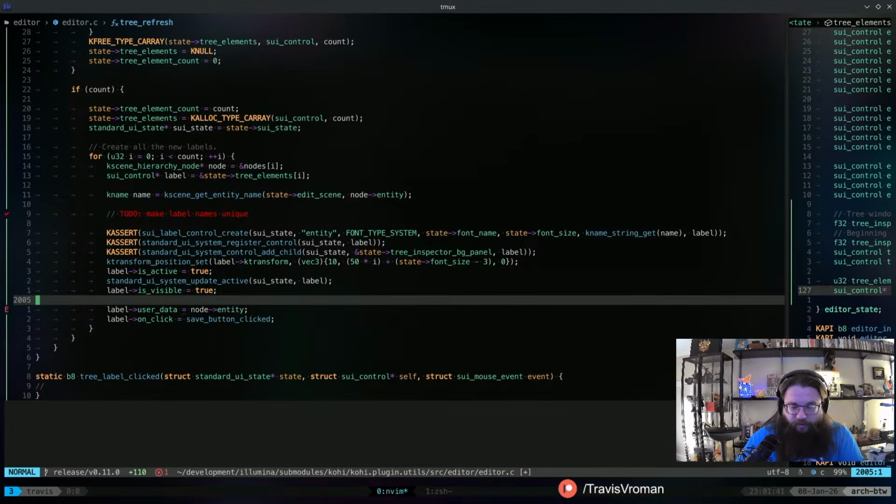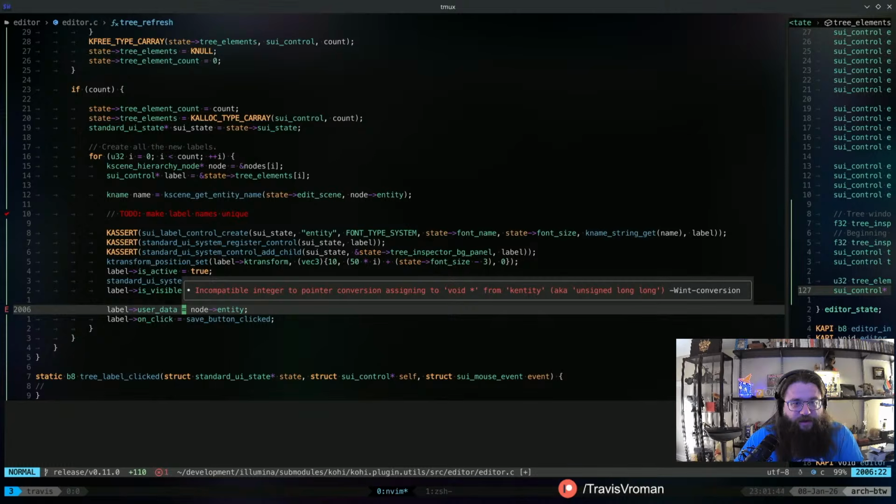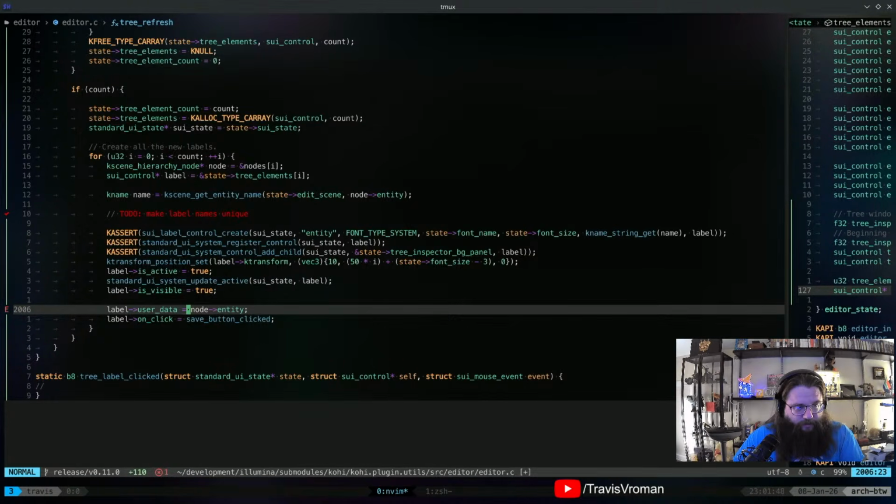And let's see, that's going to bleat because of the type mismatch, I think. So I think I'm just going to cast that to a void pointer, which is kind of poop, but it'll work. Because I can cast that back to U64 and it'll be fine.